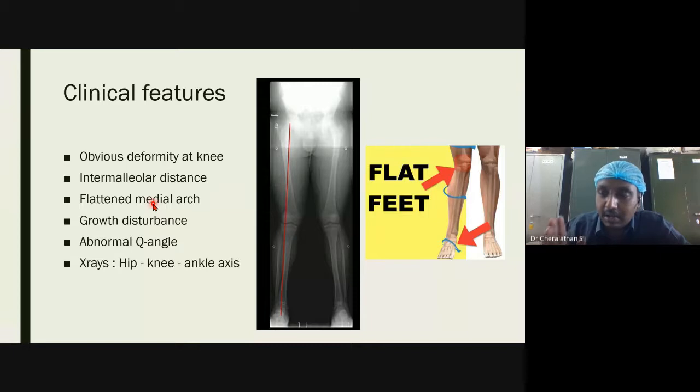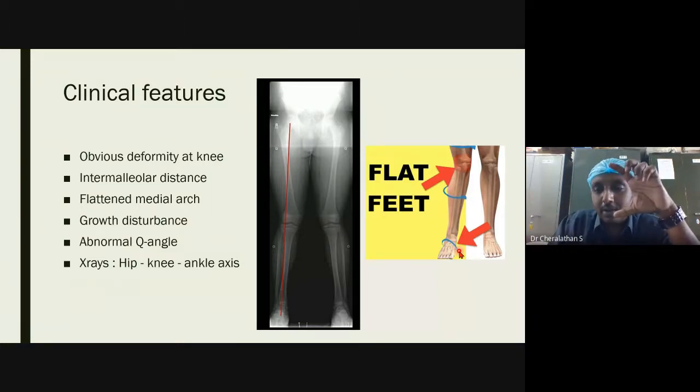The patient having a true flat foot is an entirely different scenario. There, if you look at the child, lift the foot and see, the moment you take the foot off the ground, you will see a very clear arch. That is not pes planus. But the moment you make the child stand on the floor, it will appear as if the foot is touching the floor, or the apex of the medial arch will be touching the floor. It will appear so. Actually, the problem is not at the level of the foot, it is at the level of the knee. That is because valgus alignment causes the ankle to deviate outward, so naturally the distance between the floor and the arch, the arch height, is reduced.